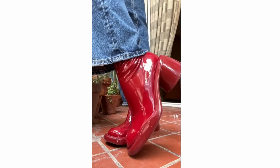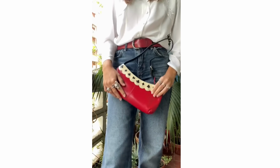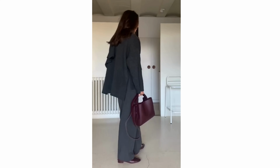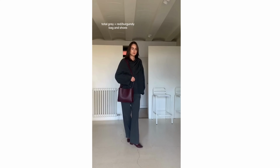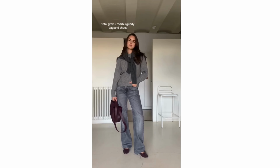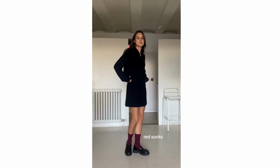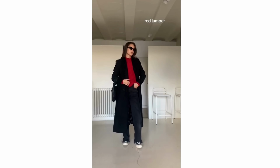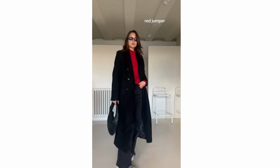And when you are wearing statement shoes or a statement bag, you should make sure that your outfit is discreet and more neutral. The secret is to ensure that they don't clash together. Too many statement pieces can make an outfit appear messy and uncoordinated. If you have to wear a statement bag, for example, pair it with understated and very neutral shoes,